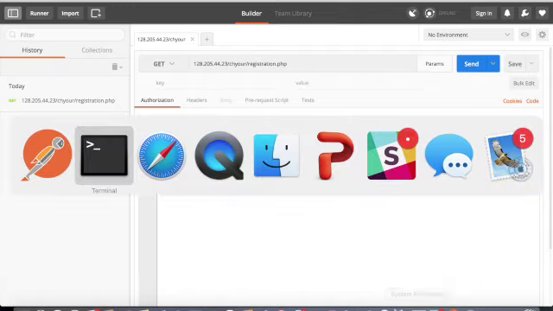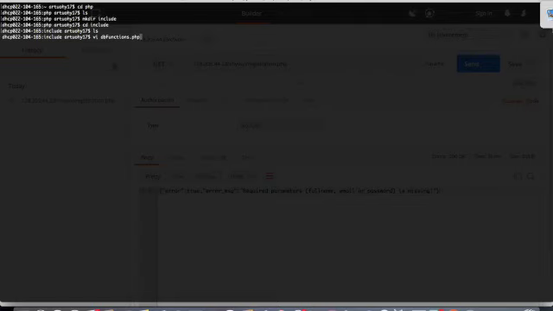So first thing we're going to do is go to the terminal, and we're going to go into a PHP folder I made, which is empty. Then I'm also going to create a folder for our functions for the database, which I'm going to call include, and then I'm going to go inside of that. So first thing we're going to do is create a file called dbfunctions.php, and this file is going to pretty much hold every